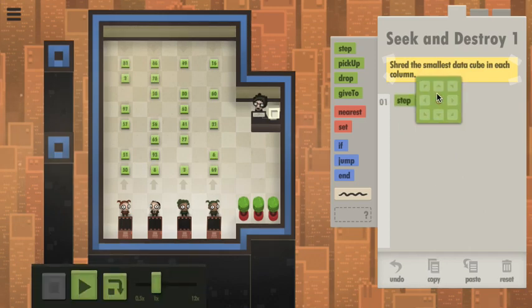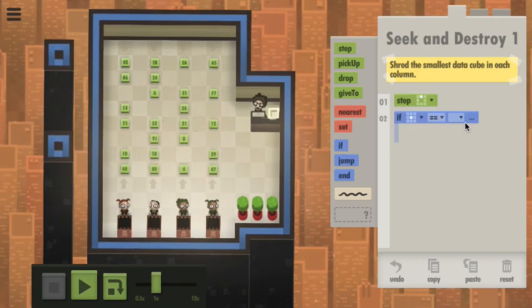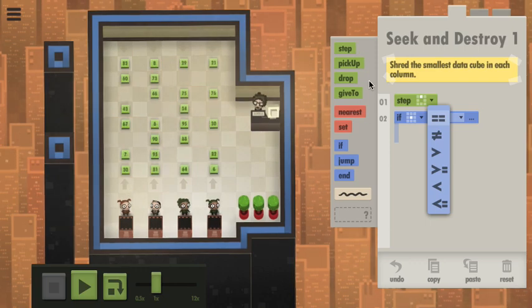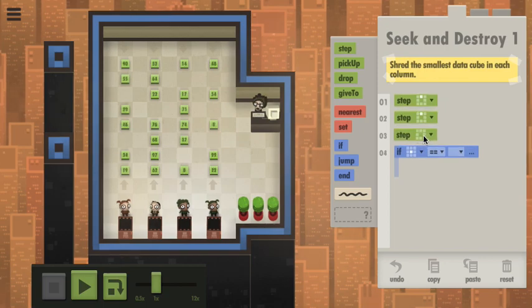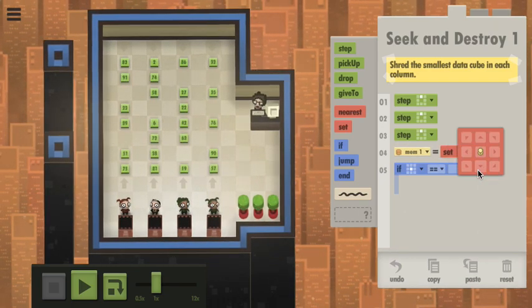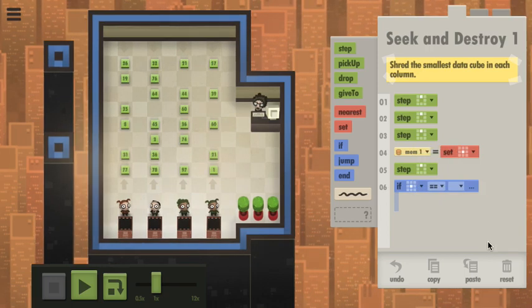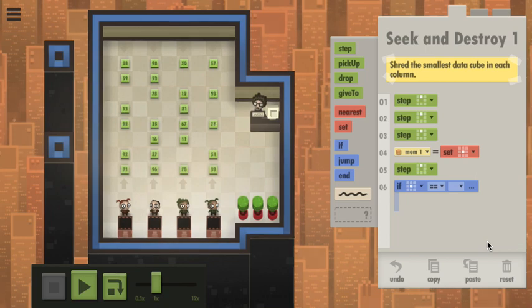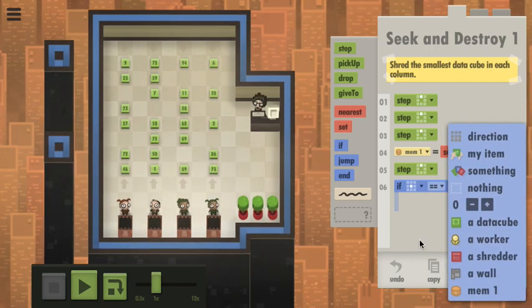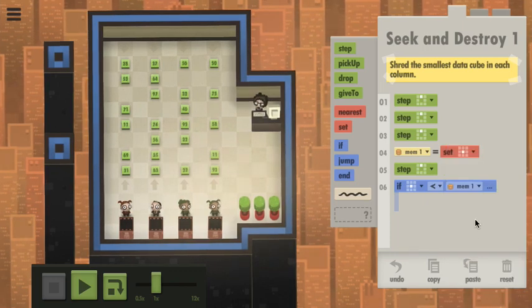Okay. We're gonna step up. If the current thing is greater than, wait, step up 1, 2, 3. Okay, if the current thing is, well, hold on. Set mem1 to be where I'm at. Okay. And then we're gonna step up again. Okay. If the current one is less than, we're trying to find the smallest one. So if we find one that's smaller than the current one,